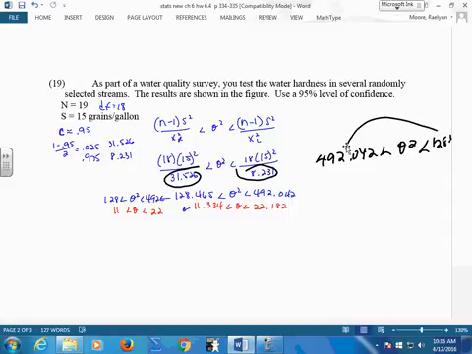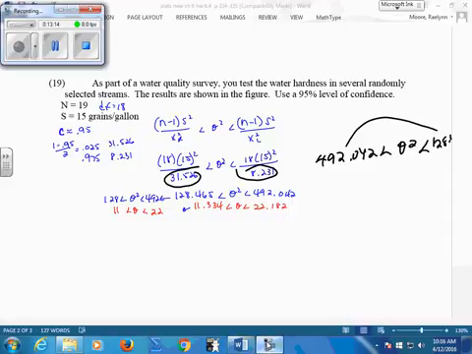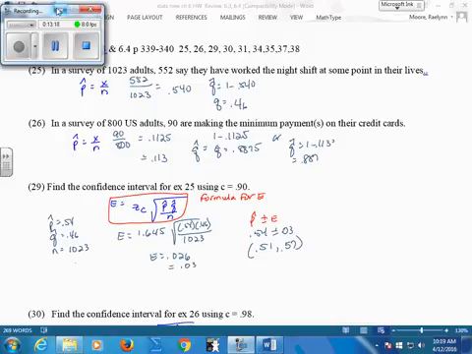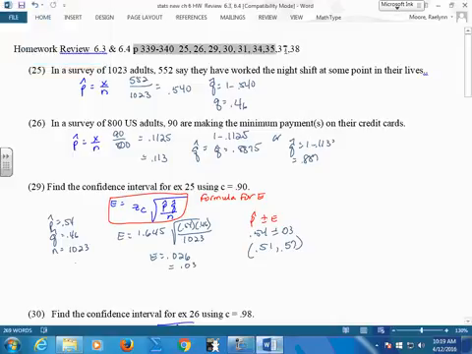Questions at all? It's a pretty easy chapter, right? It looked bad when we first looked at it. But really, it's not so bad. Okay, so I'll give you time today to do the review. Everybody wrote those down, right? All right. Today to do the review, and then tomorrow we'll go over it and test on Thursday. Sound good? That wraps up the rest of the confidence intervals. Remember, guys, E to your confidence intervals